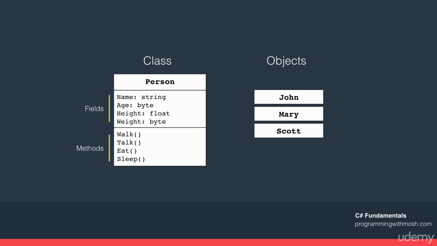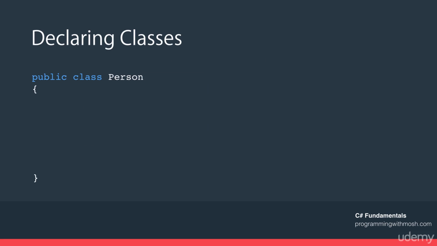Okay, now let's see how we can create a class in C#. So to create a class, we start with an access modifier, and then the class keyword, and an identifier. An access modifier determines who can access this class. For now, don't worry about it because that's something I have covered in my C# intermediate course, which is the second part of this course. Just remember, whenever you want to create a class, use the public keyword to make that class accessible anywhere in